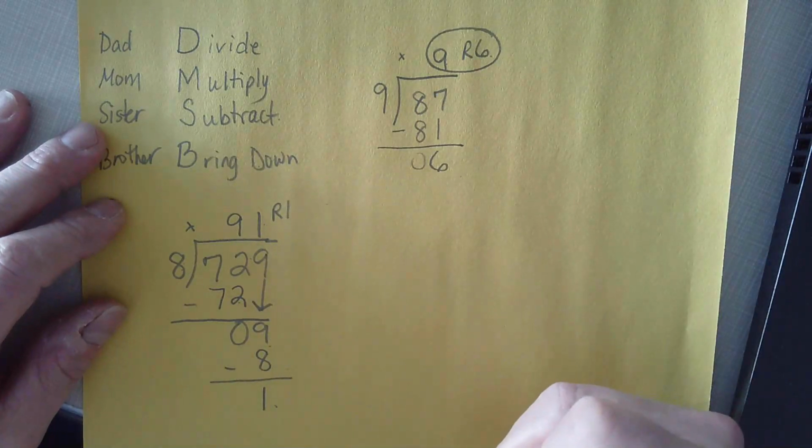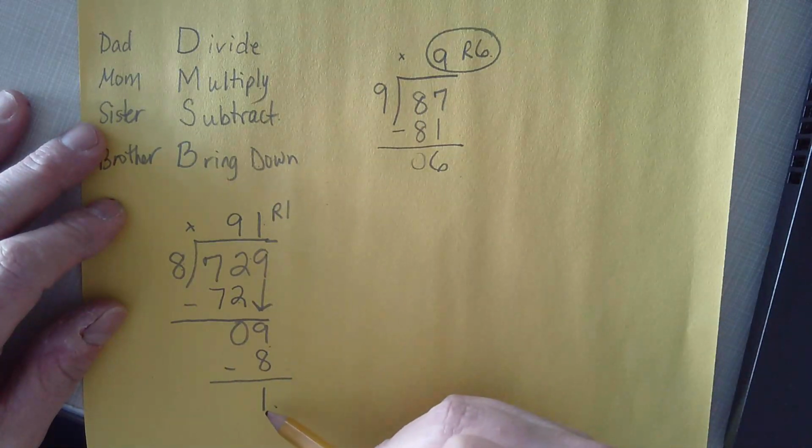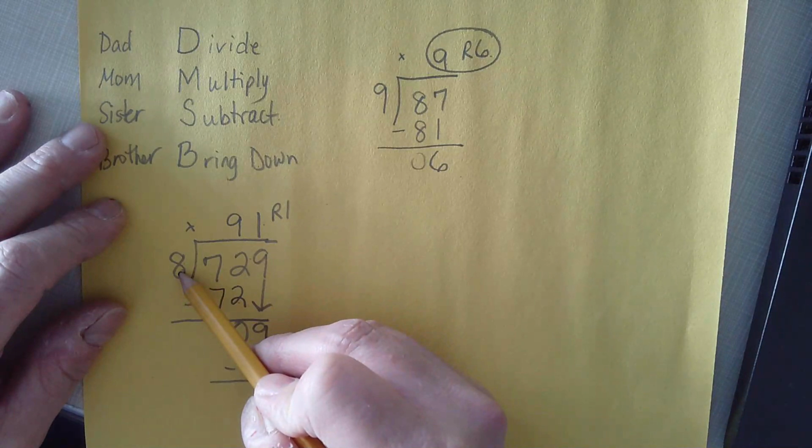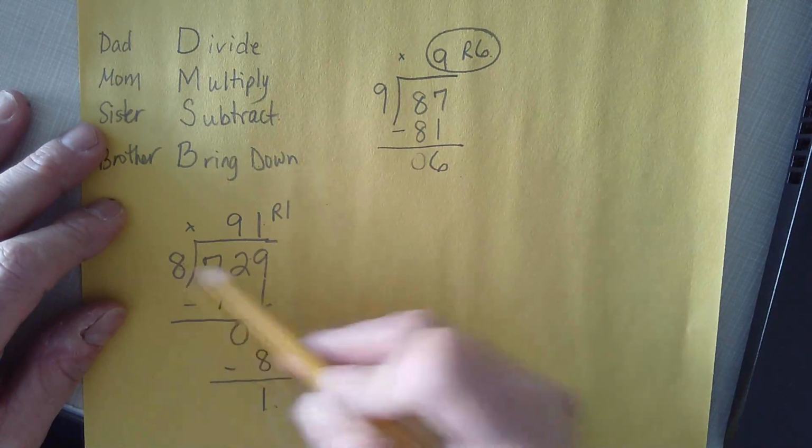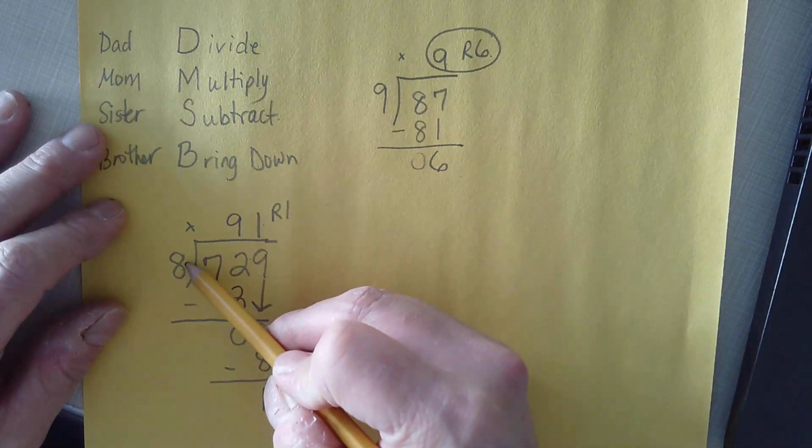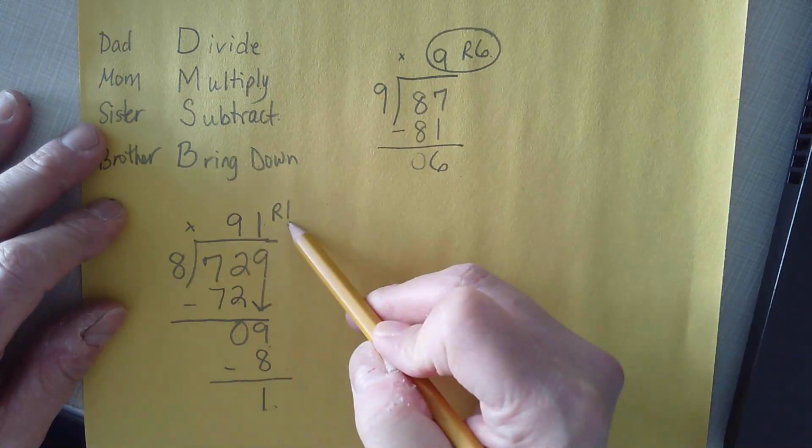Now I'm going to pause here because I want to make sure I point out that when you are at that very final step, if your remainder is more than your divisor, you made an error, and you have to go back and fix that error, because your remainder can never be more than your divisor. Since 1 is not